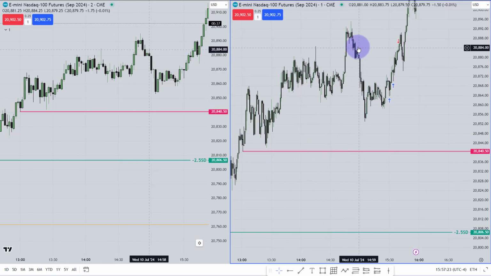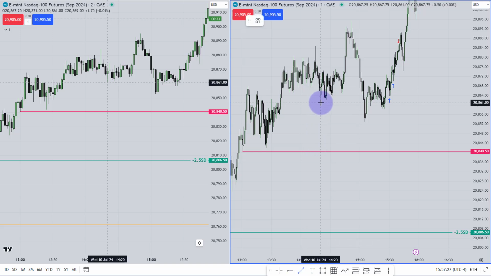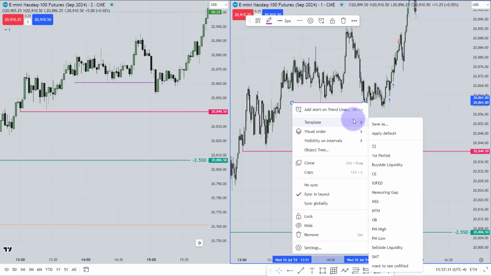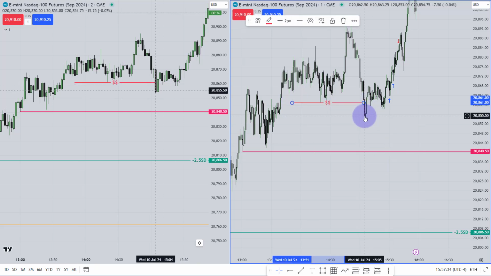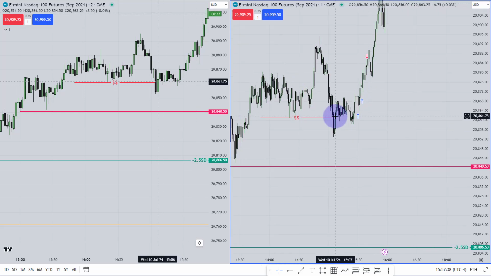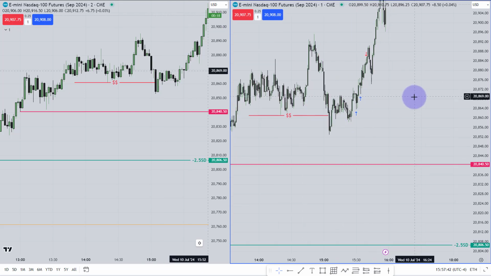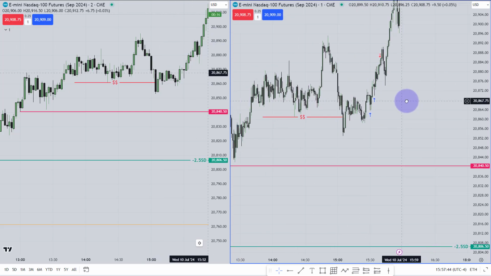Instead of that, I would love to show you that when the market fell, I saw that the market had taken all of this liquidity. So I'm going to mark this as my liquidity taken. All of this liquidity has been taken. This is at the last hour, I mean 3 p.m. The market needs to expand very instantly. It has to respect, I mean expand.